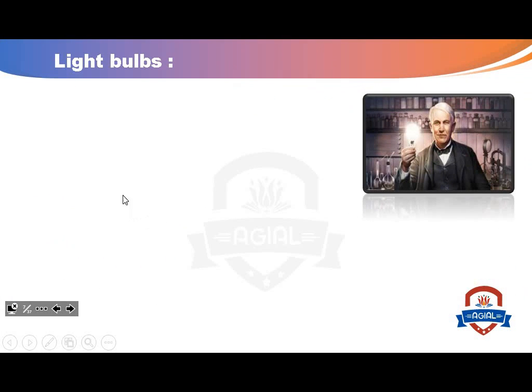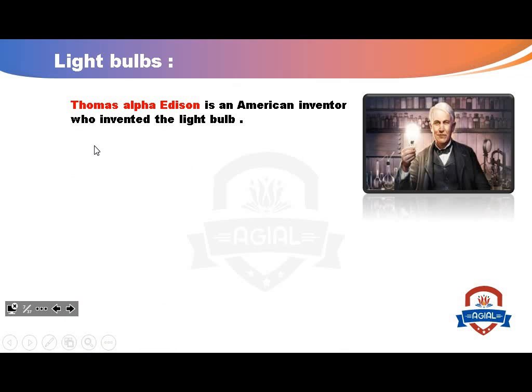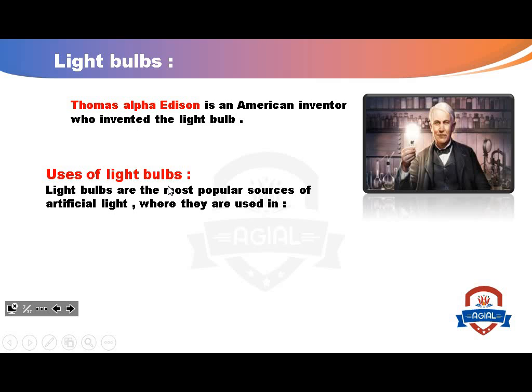First, light bulbs. Thomas Alva Edison is the American inventor who invented the light bulb. So, this scientist is called Thomas Alva Edison. Uses of light bulb. I can use the light bulb